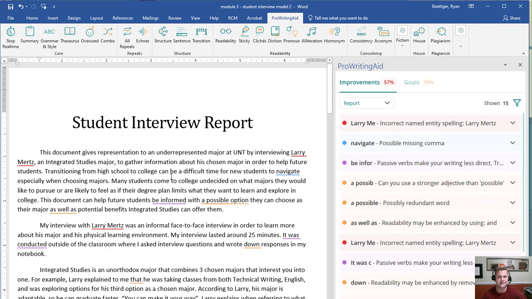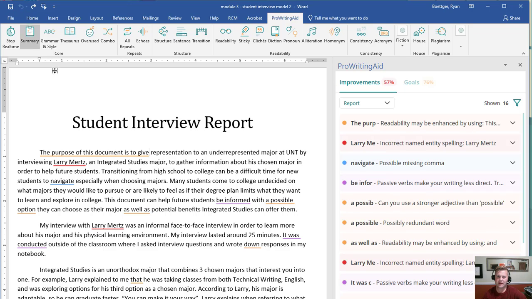Now if I went ahead and accepted that, it's certainly going to shorten it and say this document gives representation, but that just doesn't sound good, and it certainly doesn't sound like me. It doesn't sound like something I would say. And so this is where, as the human editor, you really need to make the decision about what suggestions you want to accept and what you want to reject. So maybe this is a little bit wordy, and I can think about readability, but maybe a better revision would be